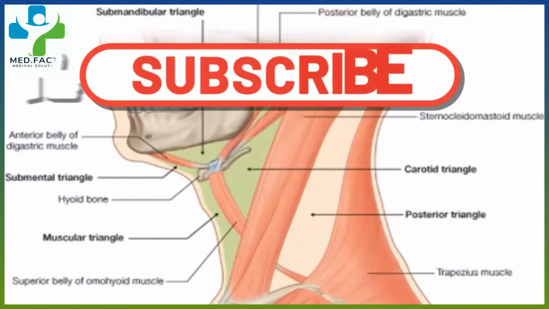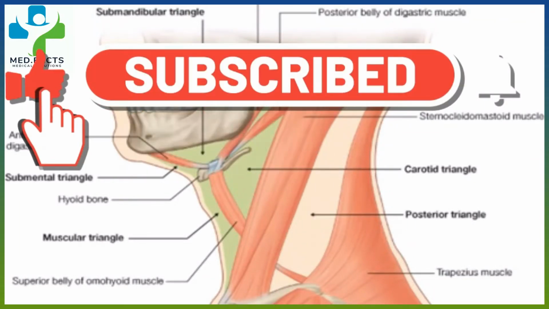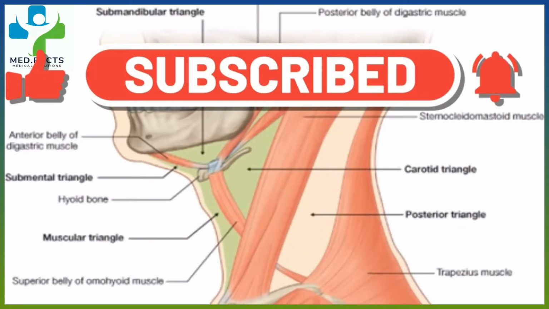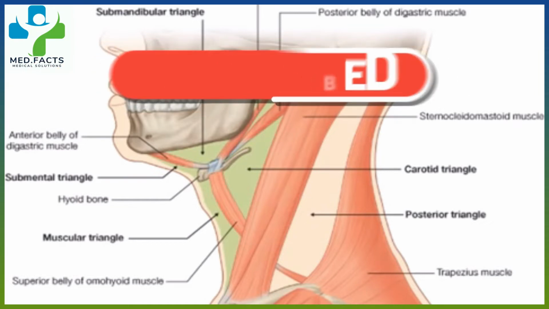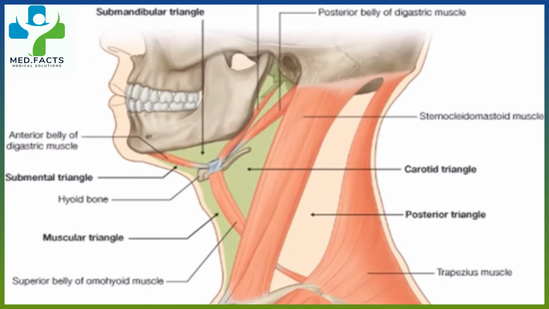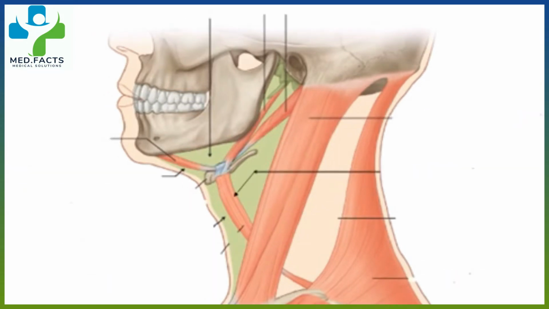Triangles of the neck. If you see this picture, it might look complicated for you, and some of the students might be feeling it difficult to remember. So I have tried to simplify the whole thing, and you should remember only some important things. If you remember only 2 lines and 3 bones and 4 muscles, you can remember all the triangles of